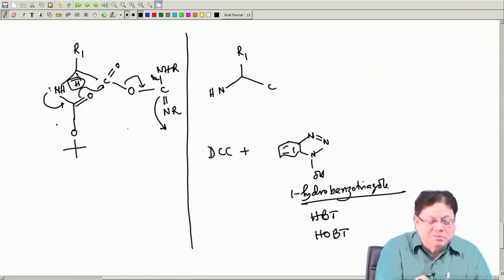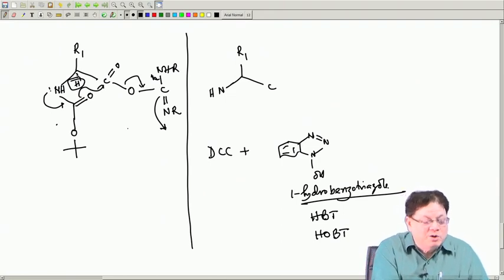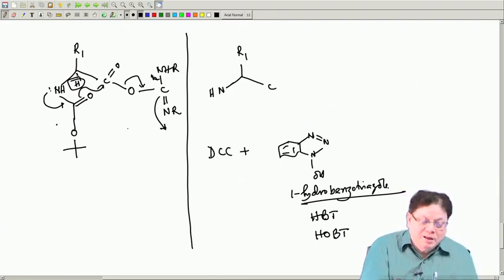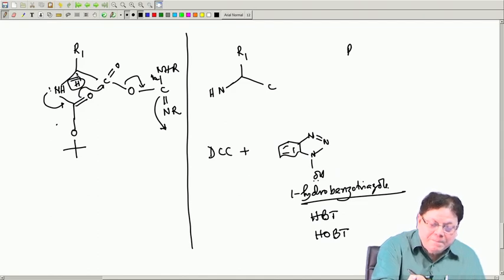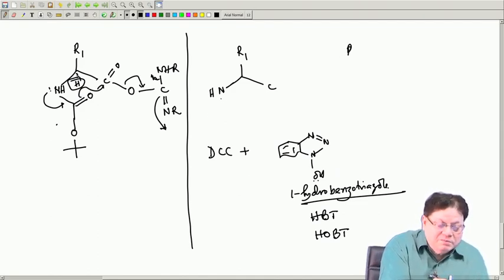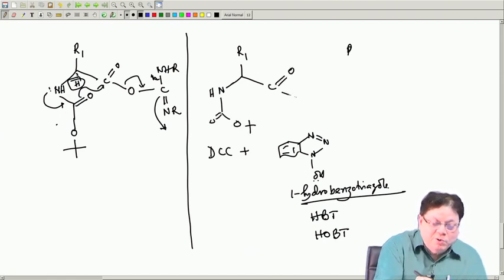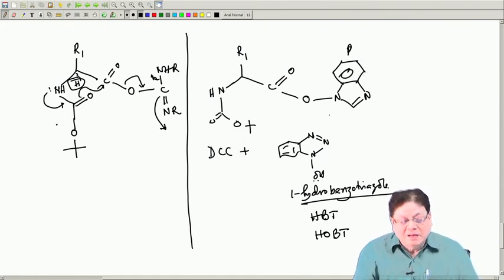So, what happens here is that as soon as this intermediate is formed, 1-hydroxybenzotriazole now comes in, instead of the amine, and attacks the carbonyl. It kicks out the DCC part, which is kicked out as the urea. So, what you get is this: this is T-butyl and you will get C double bond O, then O, then N, then there are 3 N's, double bond N. So, you will get this as the intermediate.